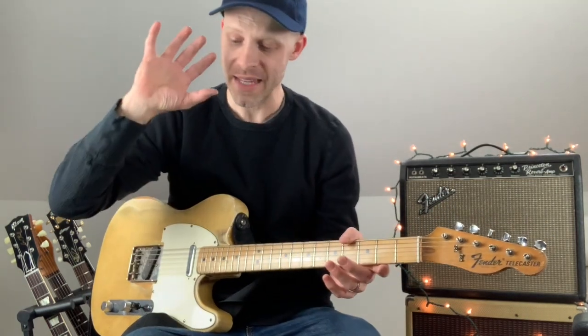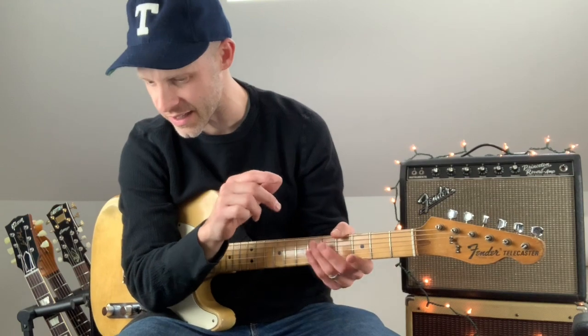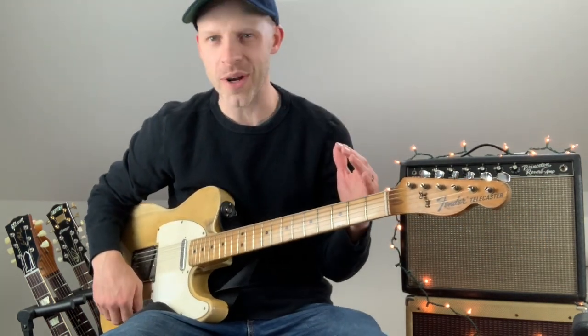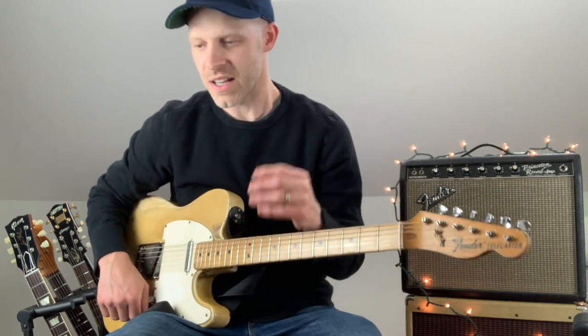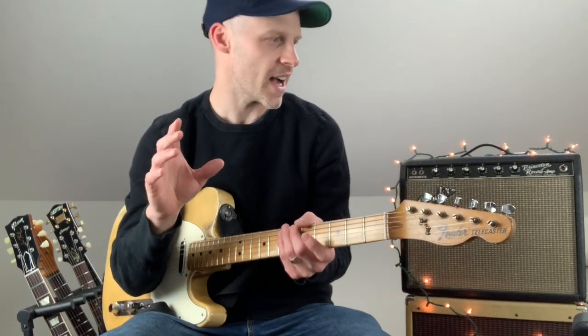Now, the Strymon will do two delays within one of the settings. That dual setting, or I think pattern even, will do it. There's a couple settings on there where you can stack two different rhythms. But I'm just going to quickly show you a quick way to get that thing live. Because what I want a lot of times out of the Timeline, or out of my digital delay,